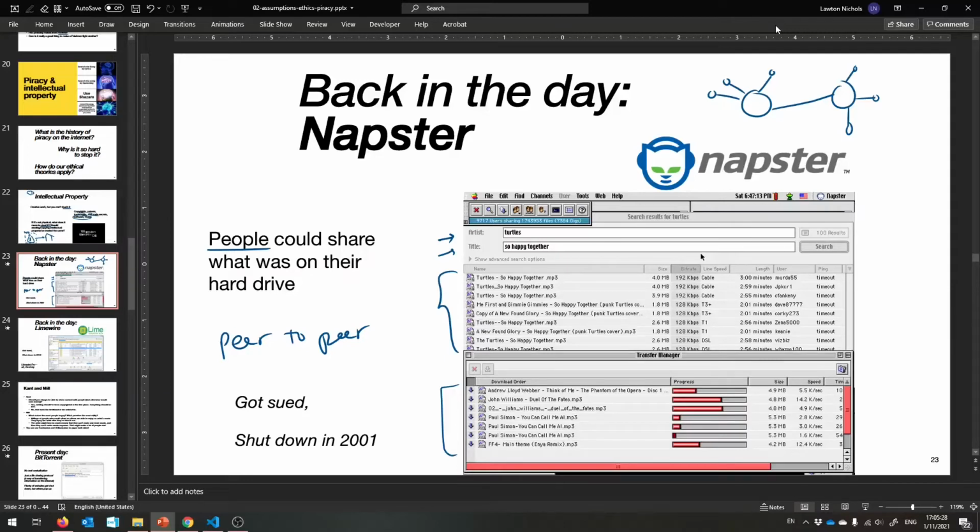So that was the granddaddy, the original thing, and they got sued because they were not fighting hard enough to tackle this intellectual property problem, and these rights owners don't want this stuff shared, and Napster was letting it be shared, and so they got shut down in 2001, which makes me feel old because several of you were probably born during or before or after 2001, right? So that was Napster.